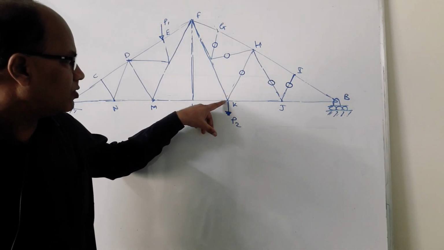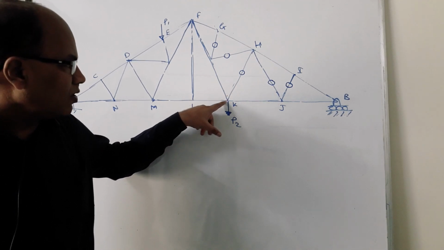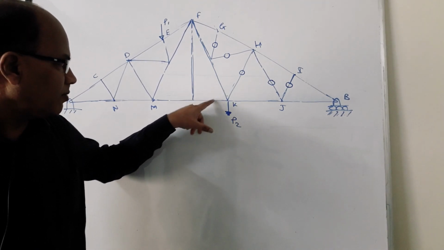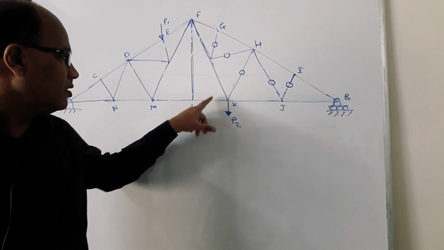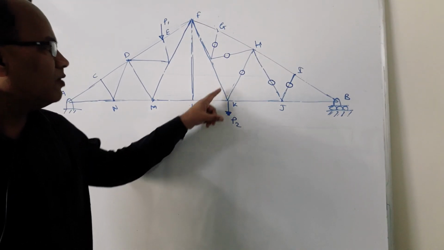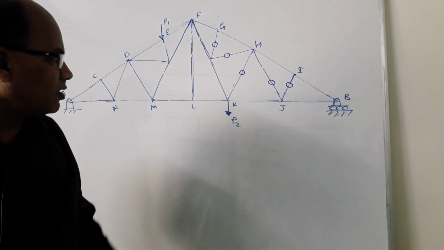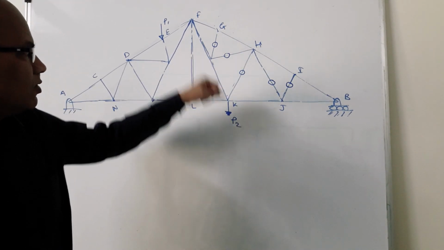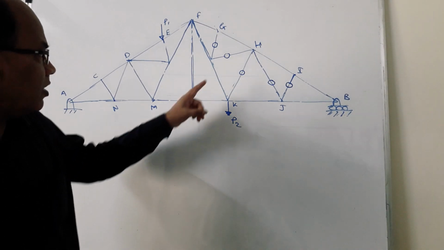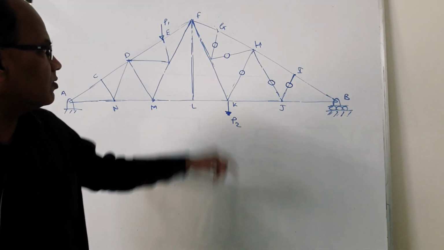Now then I will go to this joint. If this joint is considered, there are 4 members. Out of these 4, 1 is a zero force member and there are 3 members remaining, but we cannot use the second thumb rule over here because there is an external force. So in this right part, so far we have identified 5 zero force members.